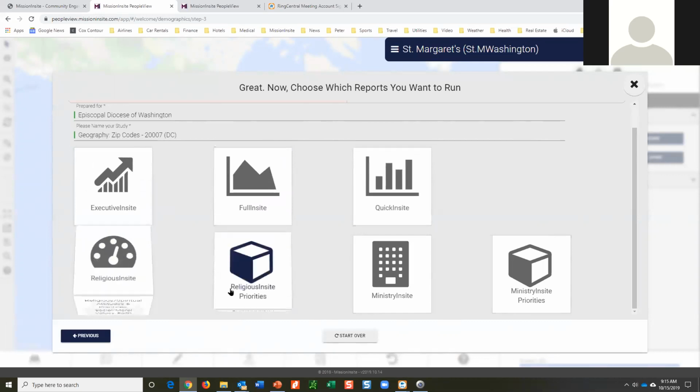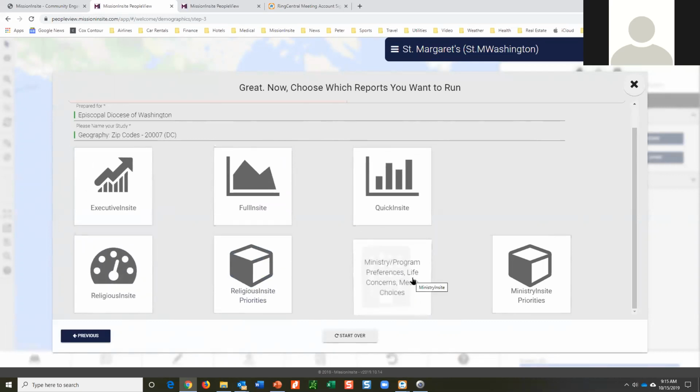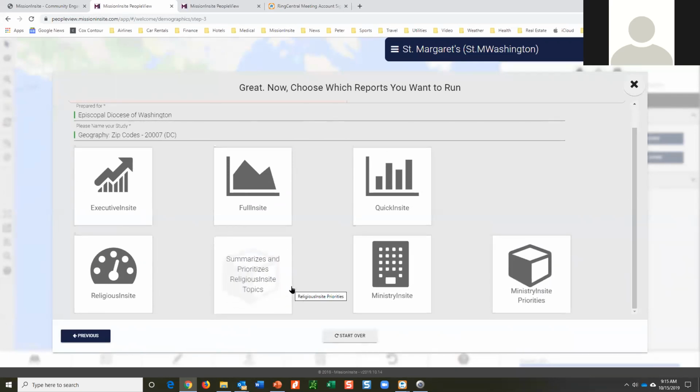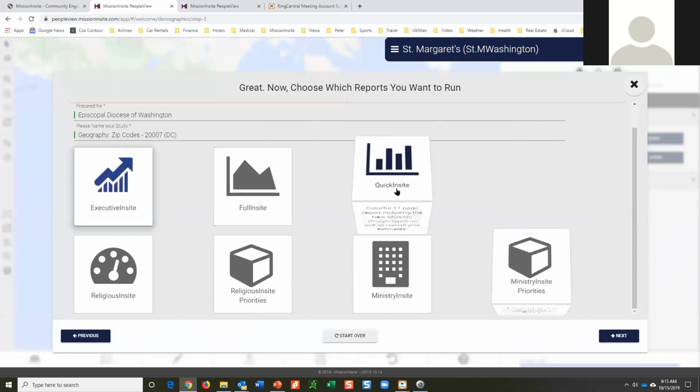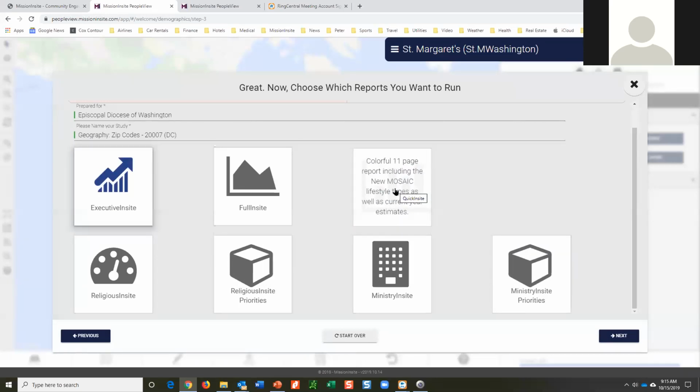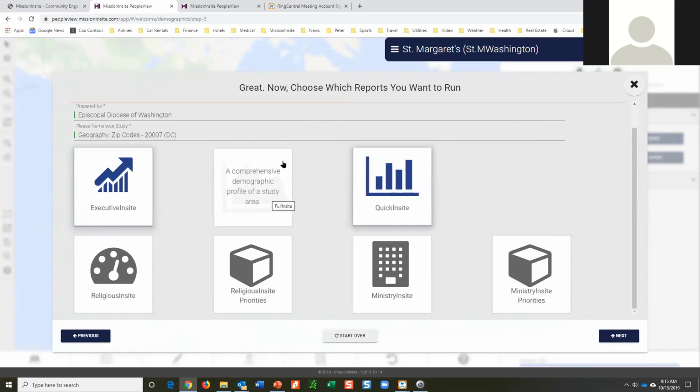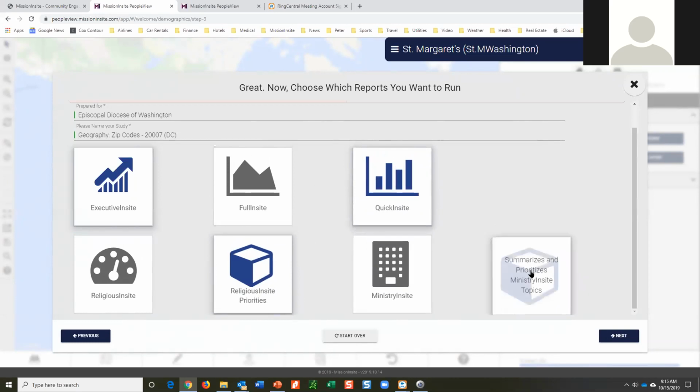You can take a look and see exactly what is reported in each report, how they're formatted, and whether you have a preference. We would recommend that you either use the Executive Insight, which I'll activate, or the Quick Insight when you are beginning to get information. The full Insight is over 30 pages. Then we have a Religious Insight. Here's the Priority Report. Ministry Insight, again, the Priority Report.